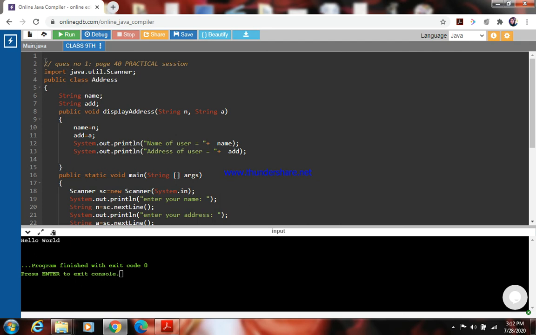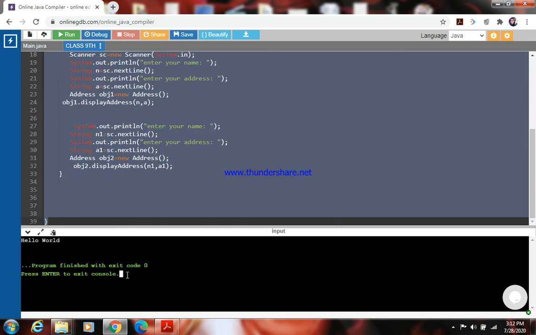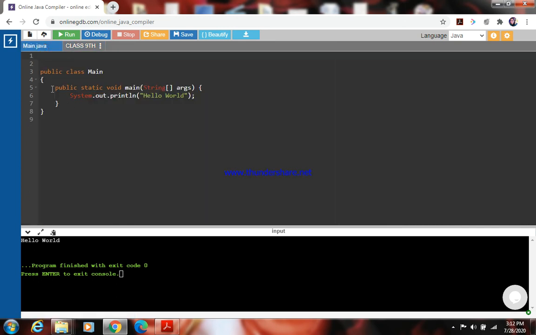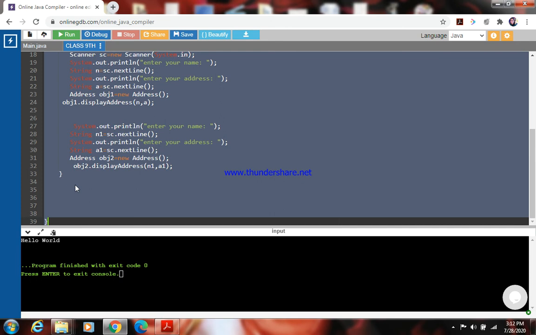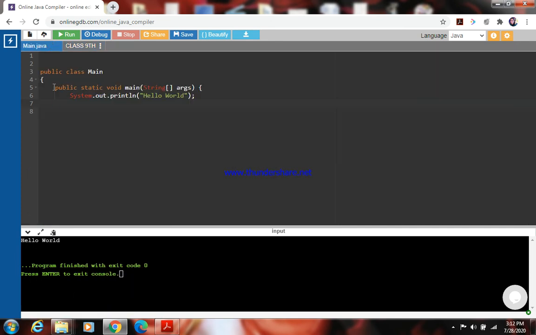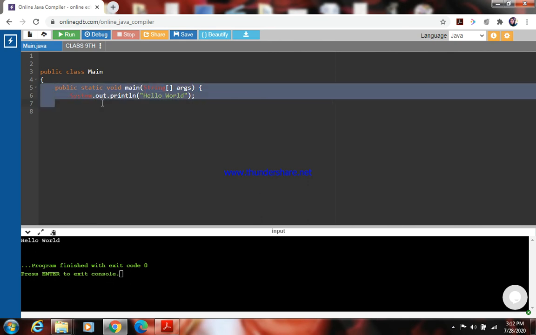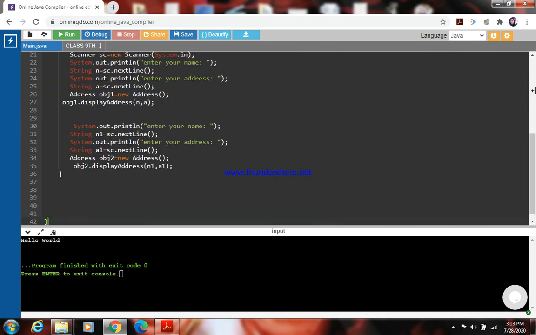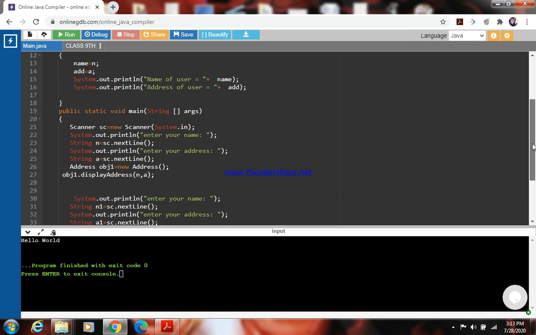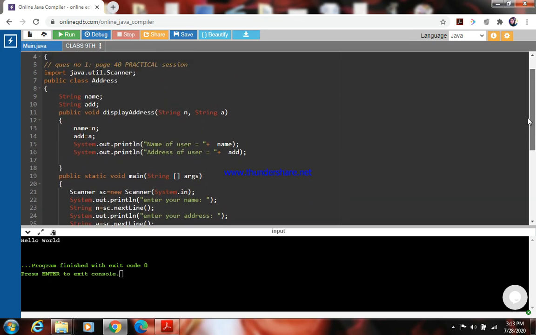As it is an online compiler, I need to give the name to it, that is main. So I'll copy here with the main name, and then I'll paste in this class, that is the main class, because it is an online compiler, so I need to give the name as main.